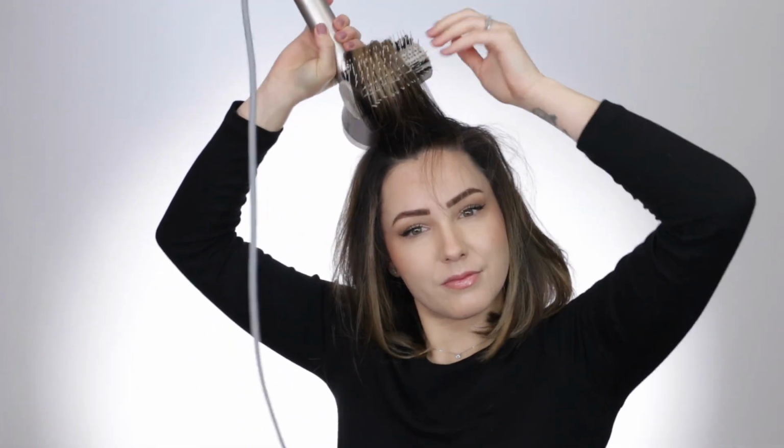This just allows my hair to get super straight and sleek, and I like to add that little bend at the end. When I get to the top section of my hair, I curl everything backwards. This just allows for a really bouncy look. Now that my hair is completely dry and styled using the IQ styling brush, we are ready to add the